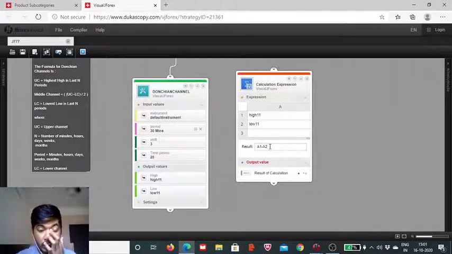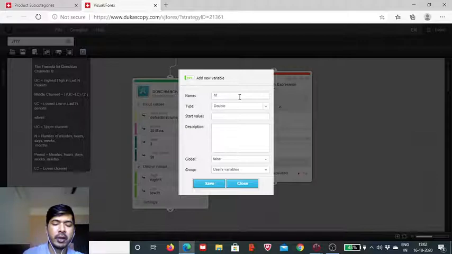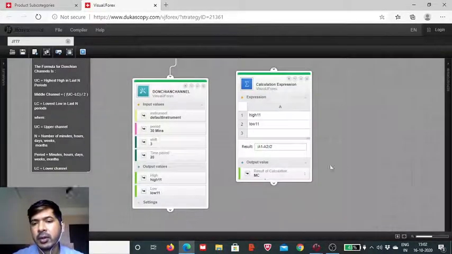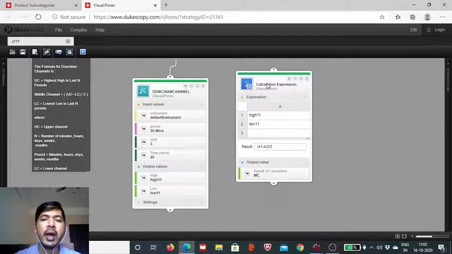This is as per MS Office nomenclature. And then we divide it by 2. Okay, so this is how we get the middle channel value, middle channel MC. So now you have this upper channel, lower channel and the middle channel value,